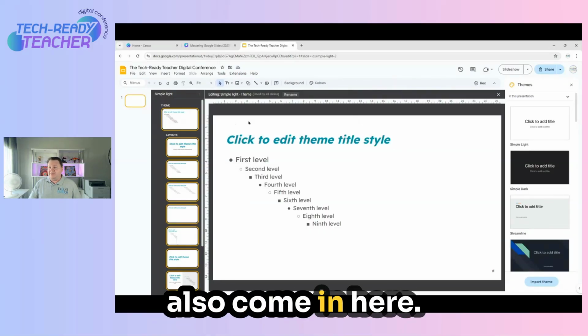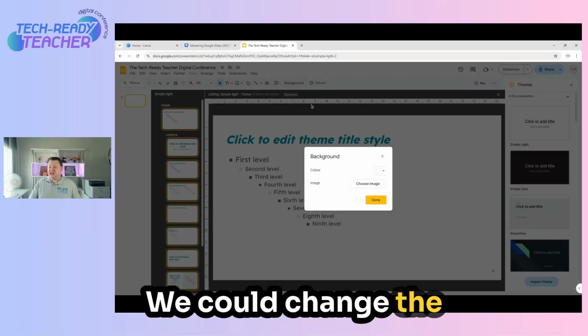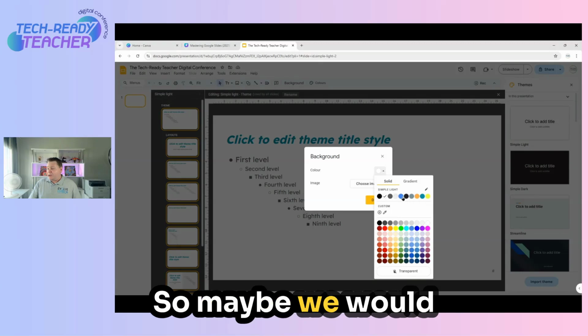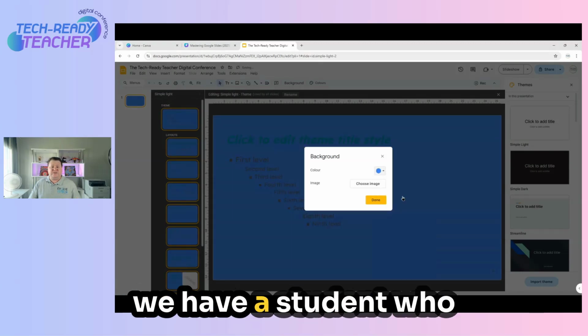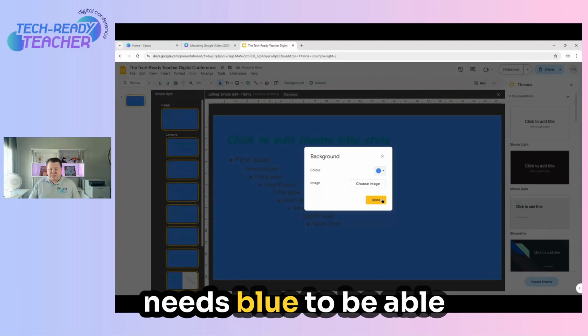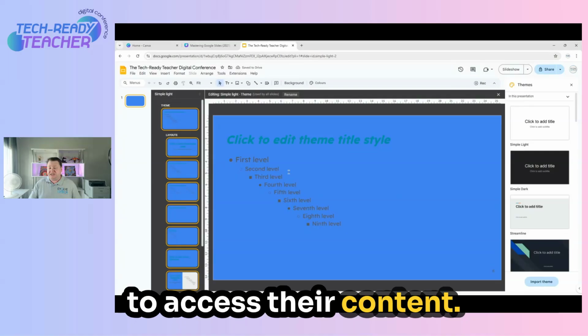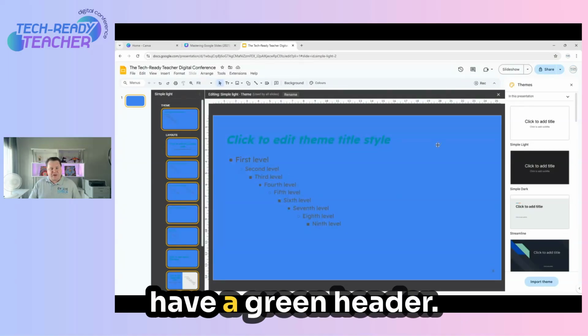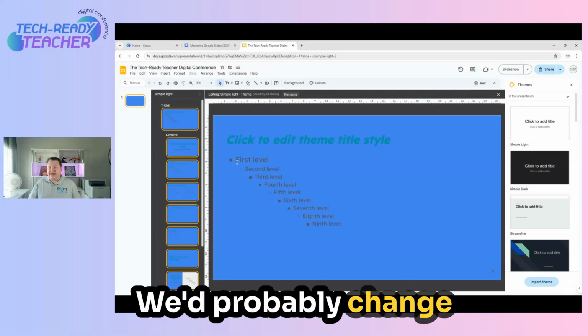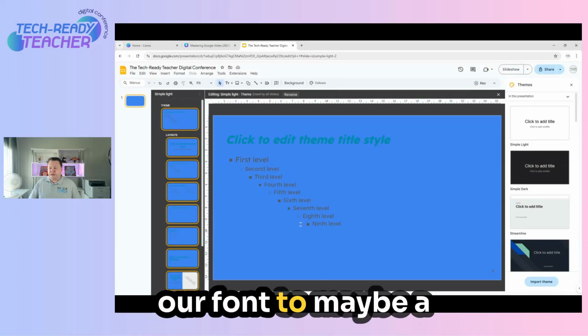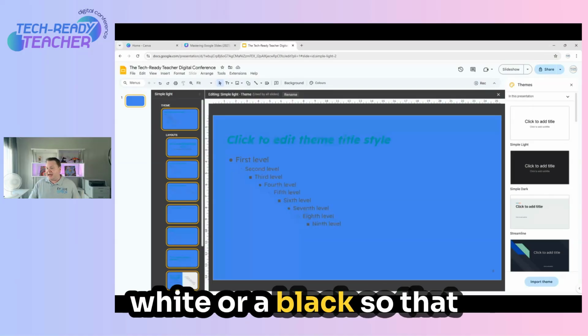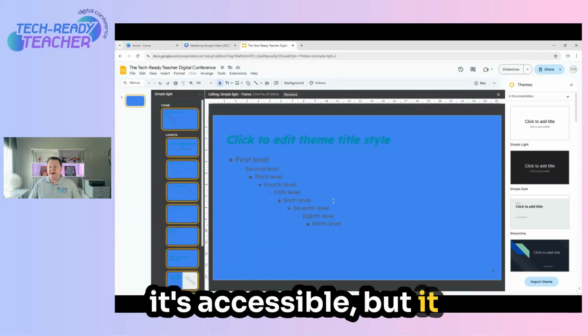We can also come in here. We could change the background color. So maybe we would like a nice blue because we have a student who needs blue to be able to access their content. Obviously, we would not have a green header. We'd probably change our font to maybe a white or a black so that it's accessible, but it is really